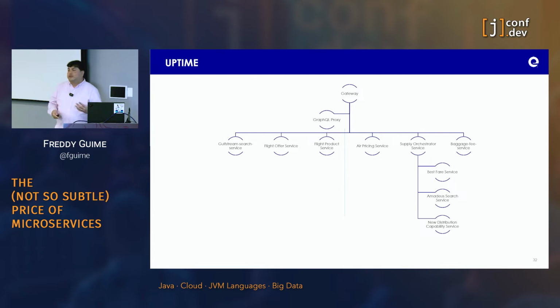And one of the things that happened with us is that, in a private structure, essentially, and this is a very simplified version of how our services work, we have the flight offer service, the flight product service, and the air pricing service that prices the different flights. And we have a baggage service, which is trying to figure out, oh, it's going to cost you $30 to bring a bag, a carry-on or a check-in bag, right? If this thing went down,